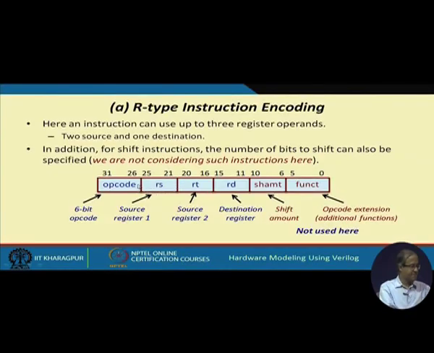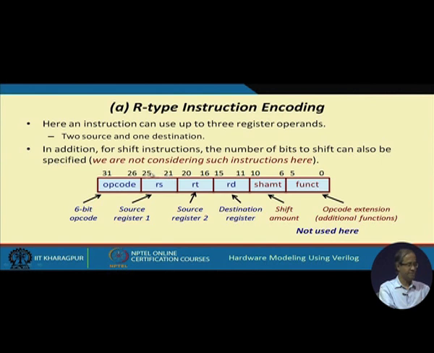To address 32 registers uniquely, you require 5 bits, because 2 to the power 5 is 32. So, in all these register fields you need 5 bits each, okay? 5 bits here, 5 bits here and 5 bits for the destination. So, the bits are given 11 to 15, 16 to 20 and